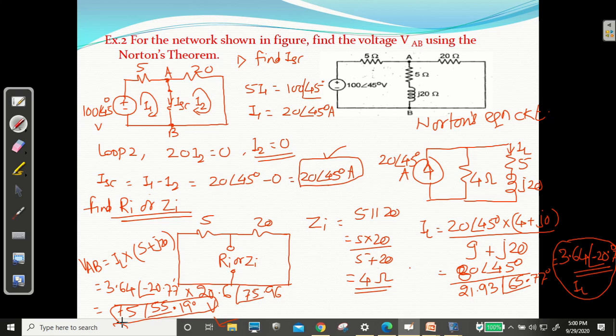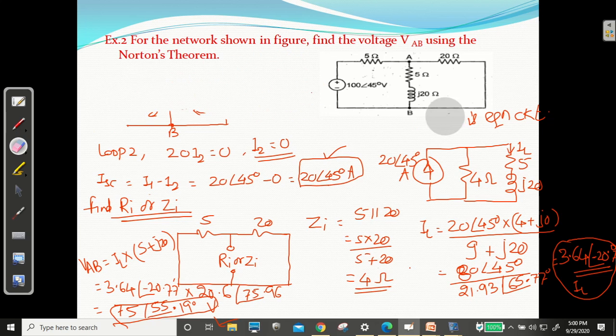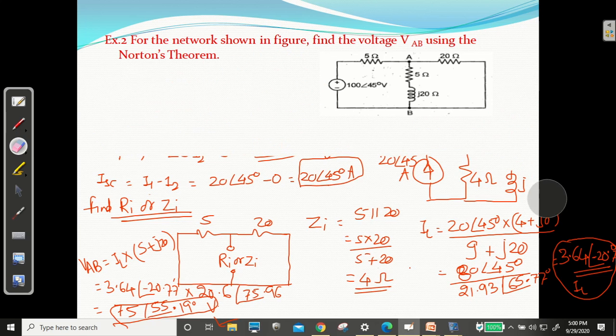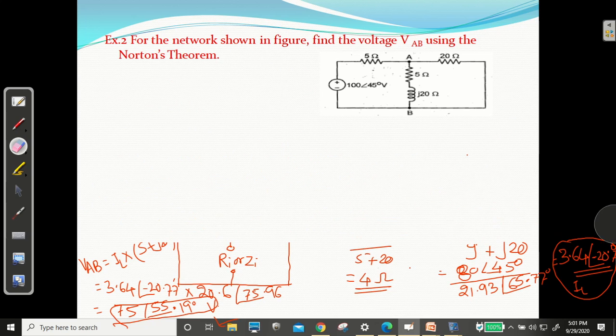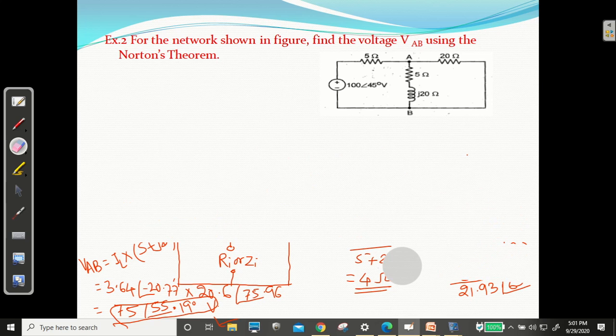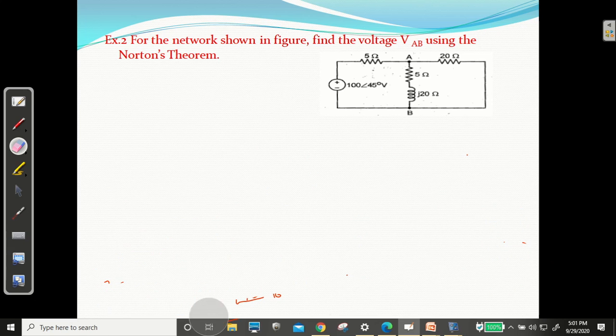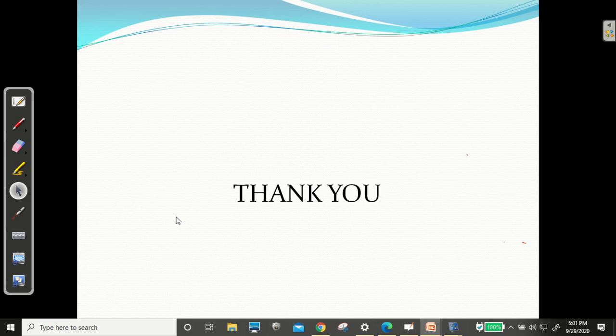Okay, so you can solve the problem by another method also, you have to get the same answer. So I have solved two numericals based on Norton's theorem. Okay, clear your concept. I think this concept is simpler than Thevenin's theorem. Later on I will solve a few more problems based on that. Okay, so I'm going to stop here only. Thank you very much for listening to me carefully. Thank you.